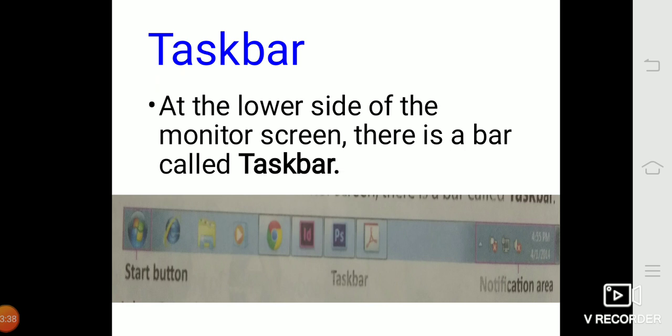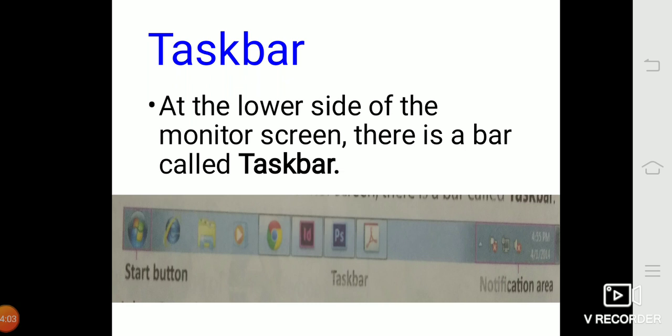Next is taskbar. At the lower side of the monitor screen, there is a bar called taskbar. It has start button on its left side and a notification area showing current date and time on its right side. When a program is opened, its button appears on the taskbar.